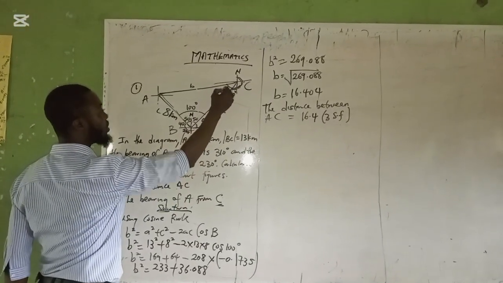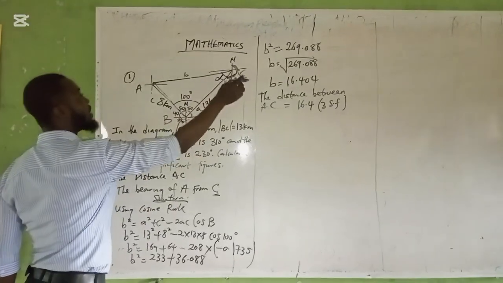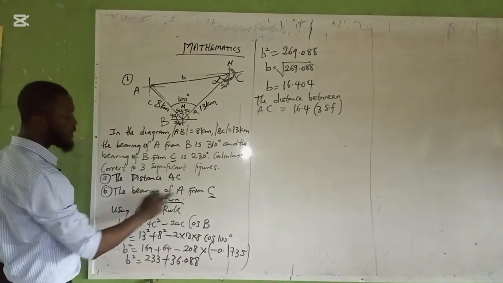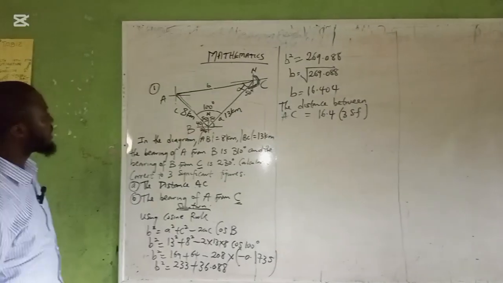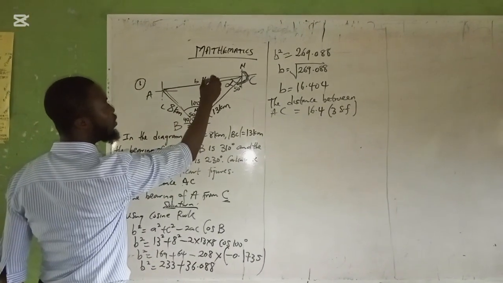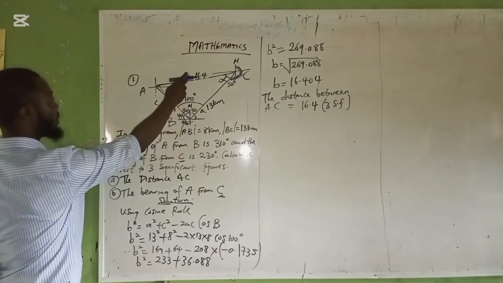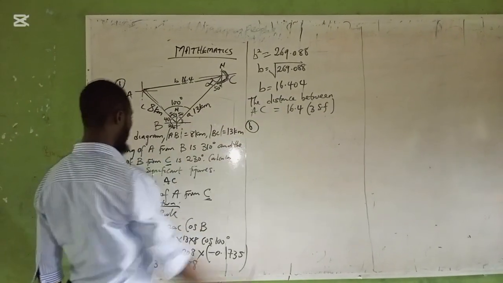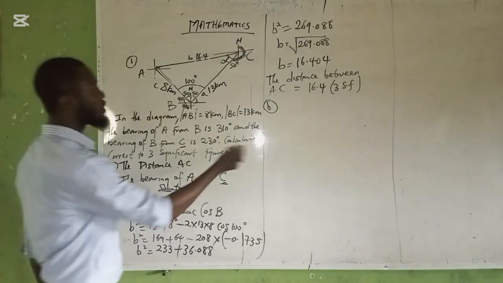So let me name this angle alpha, so that when I get this value, I will add it together and get the final answer to the bearing, rather, the bearings of A from C. Now I have this side as 16.4. Then I can use this one and this one together to find this one. So for the second question, calculating the bearings of A from C, I can use my